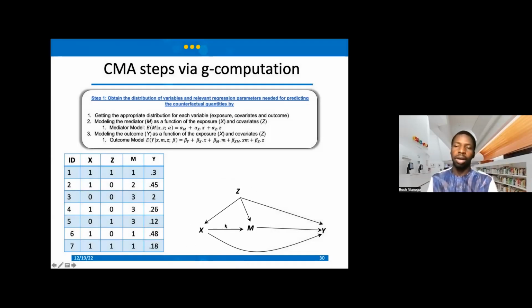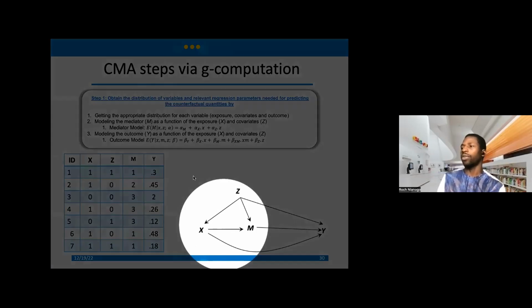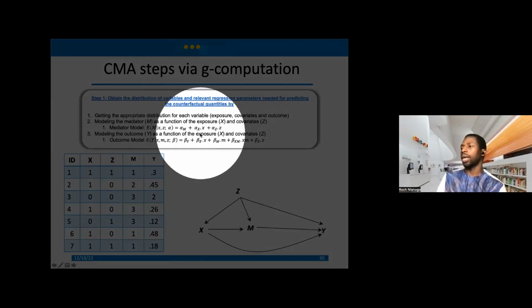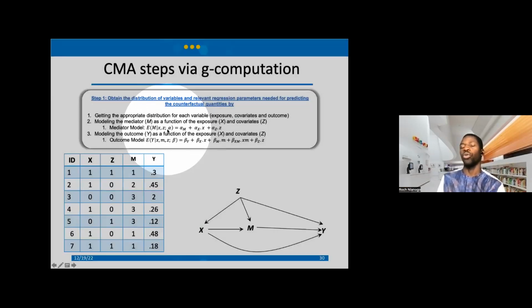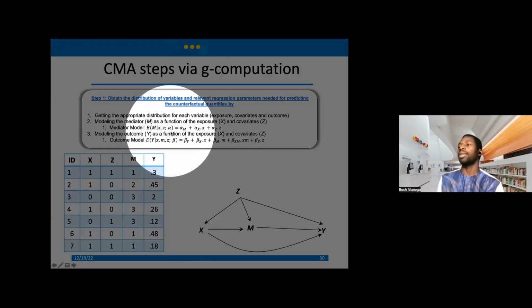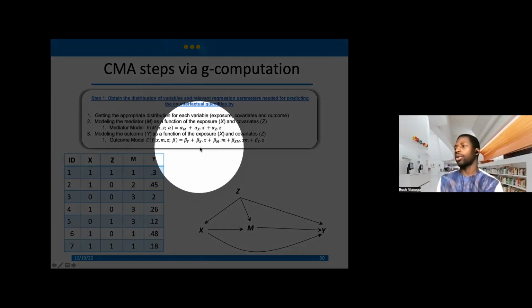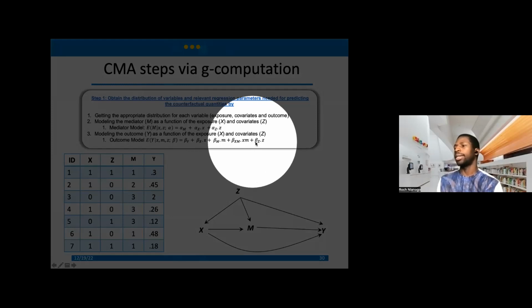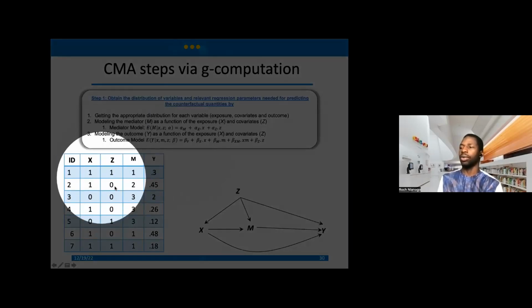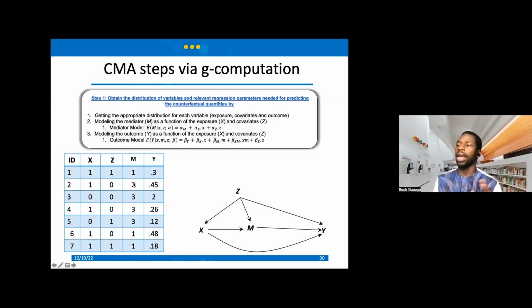And as I was mentioning, this modeling approach makes use of the interaction between X and M, and so you would include that in your model. And this is what you have here. The mediator model is going to be X, Z here, and this is the regression coefficient, you can think about it as alpha. And then you have the outcome model here, which is Y. And here you're going to have X, M, and Z, right? And again, imagine this is your data here. X is binary, Z is binary, M is not binary, but Y is also continuous, pretty much like M, right? So this is the first step, and I think we can do that. You can imagine already how you might be able to do it.